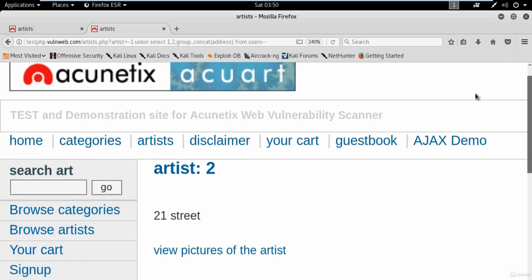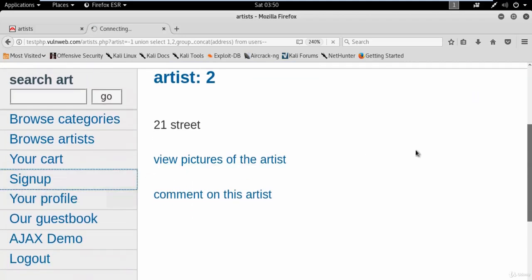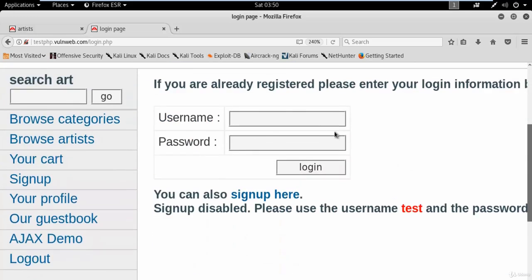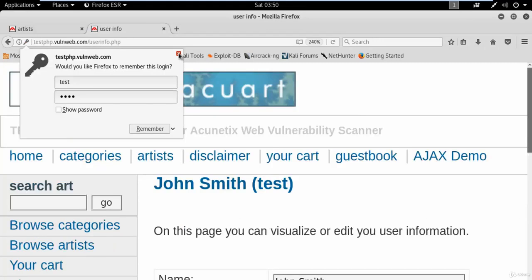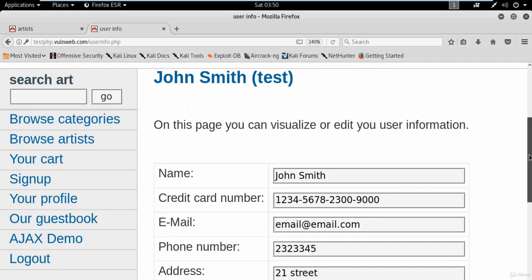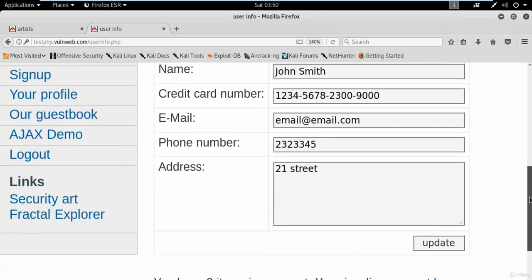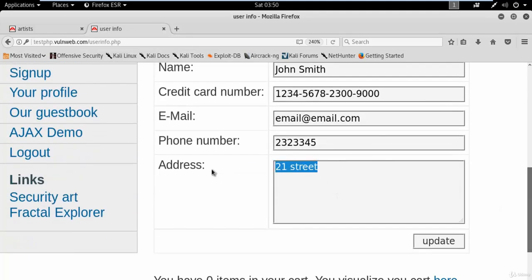Now it's time to log in to the website. Click on sign up, right? And here you can simply type the username, which you have got, test. Password was also test. And now you can click login, and you can see here that you are inside the database of the website, right? You can change the address if you want. For example, if I change it to New Delhi,